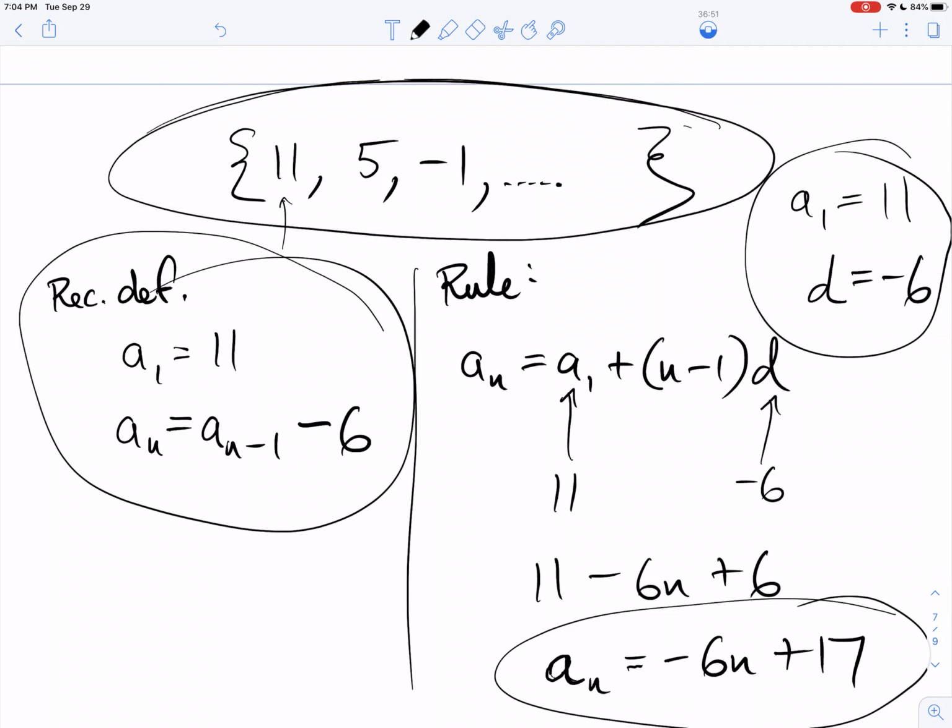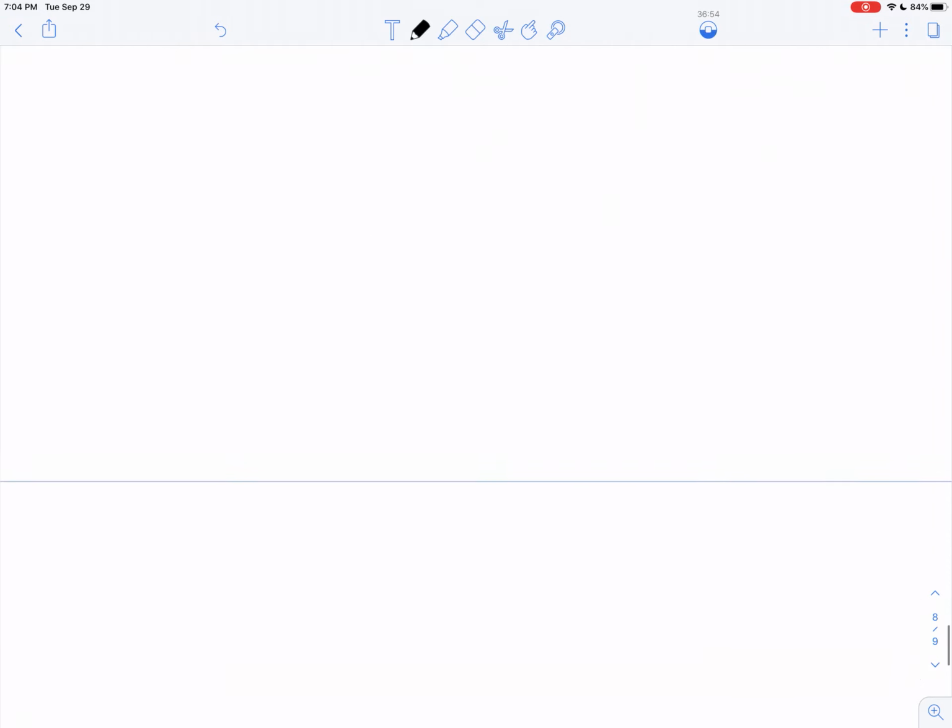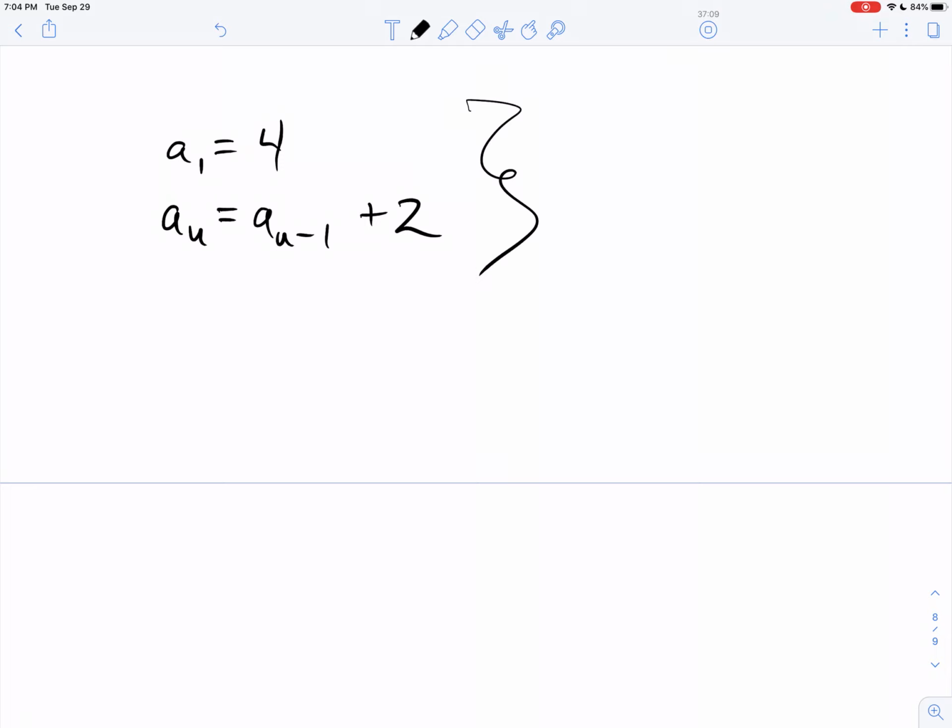If I give you a list, I might ask you for this thing or that thing, and you should be able to do it. But what if I start you like this? What if I say, hey, A1 equals 4. A sub n equals A sub n minus 1 plus 2. And I say, hey, what are the first 3 numbers in that list? Your brain has to go, wait a minute, I know there's only 3 ways to describe a sequence. He gave me what is called a recursive definition. I almost said raccoon, I don't know why. Anyway,